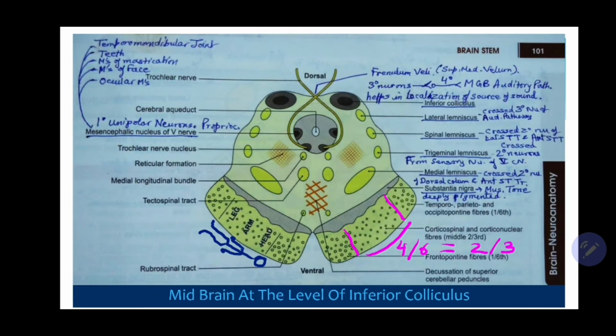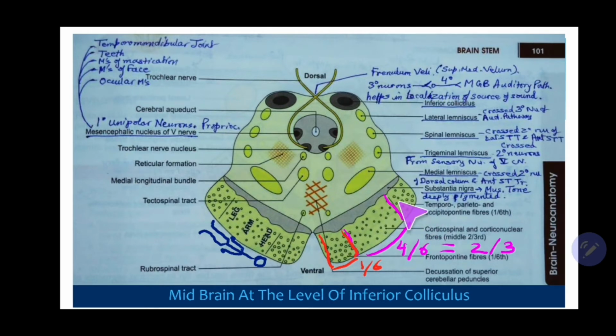Now the anterior 1/6 of this crus cerebri contains the frontopontine fibers. You can see here the frontopontine fibers run in the medial 1/6 portion of the crus cerebri,